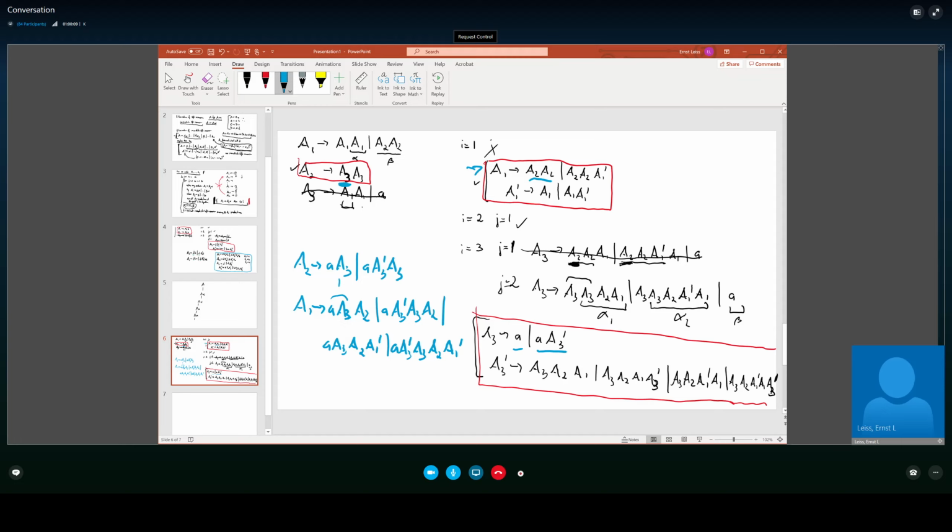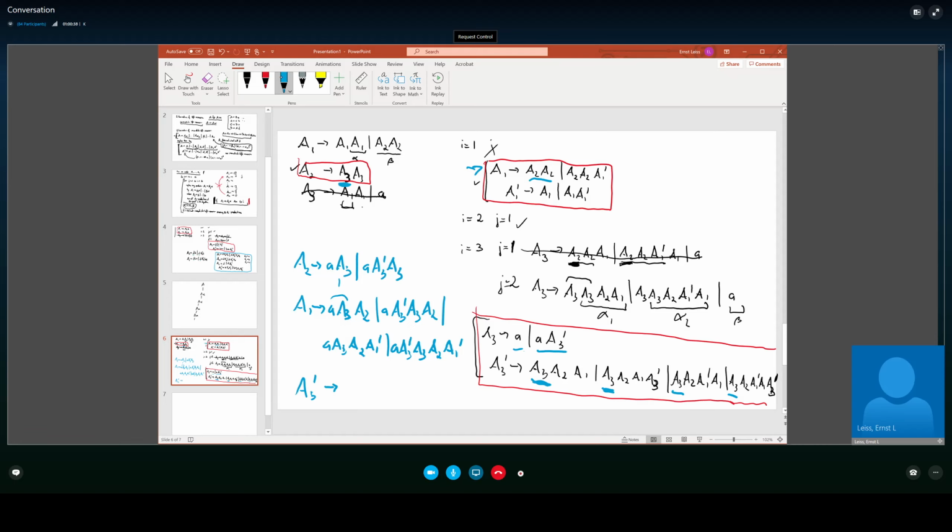And now we have to mess with the A3 prime productions. So there is our A3, so that gives us, we can plug this in. And we have another A3, we can plug that in. So I am sort of aborting this at this point. You basically get 2, 4, 6, 8 productions for the A3 primes